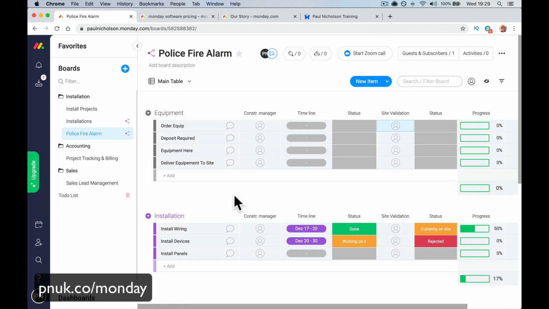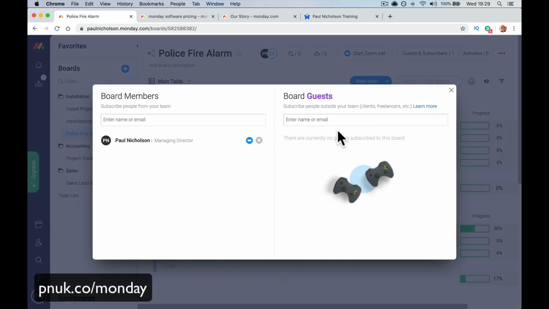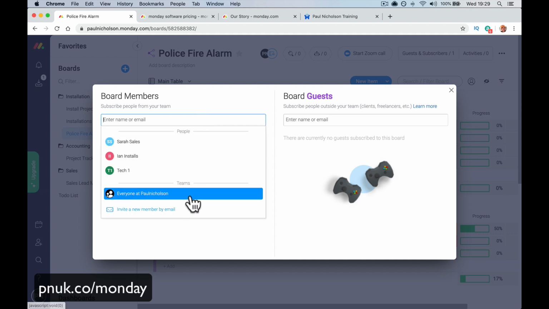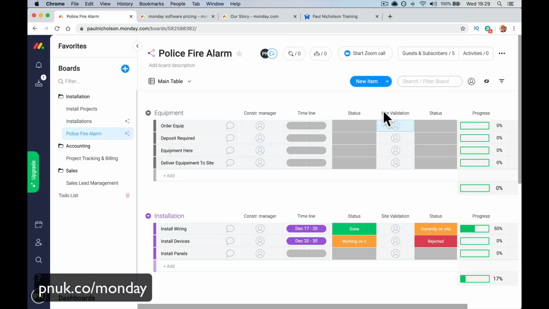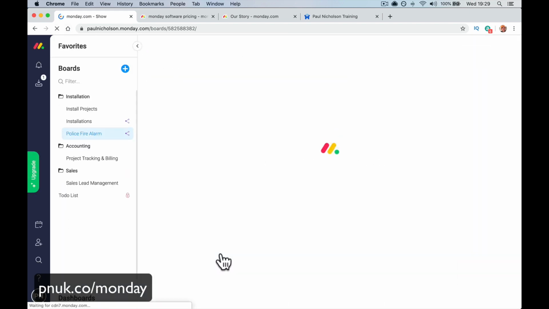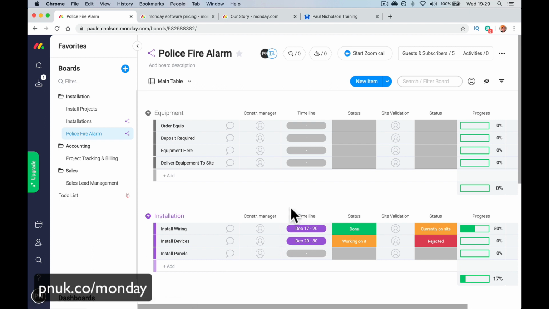Right, I've just added some more people to my organisation. I'll tell you how to do that later. It's really easy to invite people in, just so we can start adding people. All I'm going to do is go up here and make everybody visible in my organisation. Right, so now if I refresh it, when I go now, I can go through and